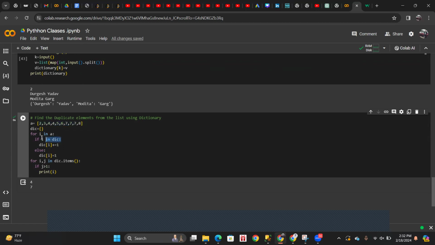मैंने बोला कि भाई, क्योंकि मुझे चेक भी तो करना पड़ेगा ना कि डिक्शनरी में मैं फ्रीक्वेंसी कैसे निकालूंगा। फ्रीक्वेंसी निकालने के लिए मुझे चेक करना पड़ेगा, मान लो डिक्शनरी पे पहले से ही कुछ था। अगर मैंने ये कंडीशन ना डाली होती, तो मैं हर बार 1 1 ऐड करता रहता। बट मुझे ये कंडीशन डालनी थी, मुझे बताना था कि अगर पहले से प्रेजेंट है तो ही उसमें 1 1 करके ऐड करो। अगर पहले से प्रेजेंट नहीं है तो उसे कोई नंबर भी तो देना पड़ेगा ना।